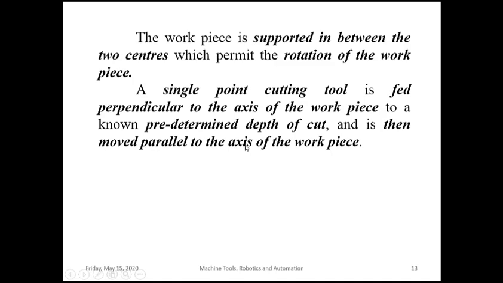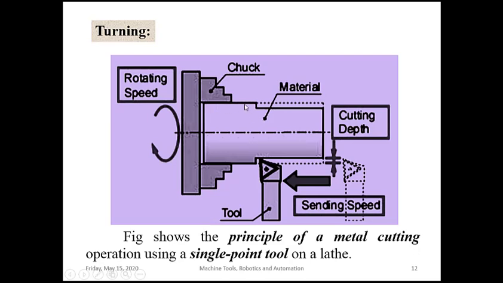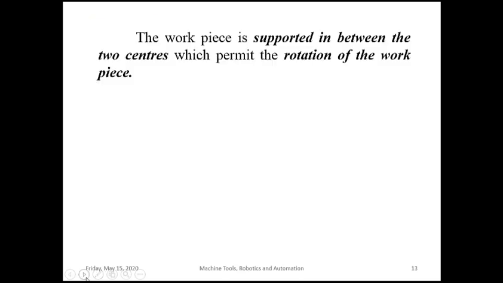First, that workpiece will be fed, the tool will be fed perpendicular to that workpiece. Here you can see this is that workpiece, and the tool will be somewhere at this point, and then it will be fed perpendicular to the workpiece first. Then we will make the tool come in contact with the workpiece. As soon as it comes in contact with the workpiece, we will make the tool move parallel to this workpiece. That is what they are telling in the second sentence here.